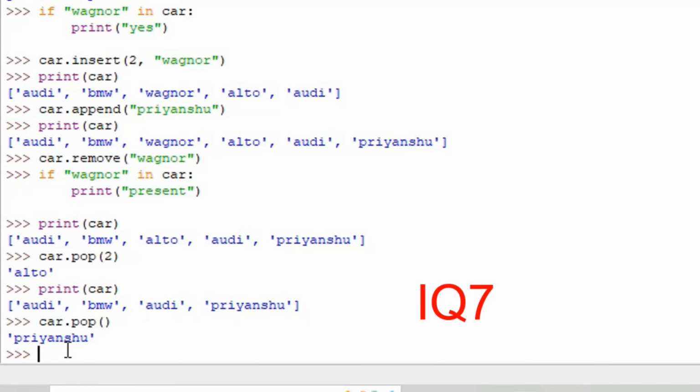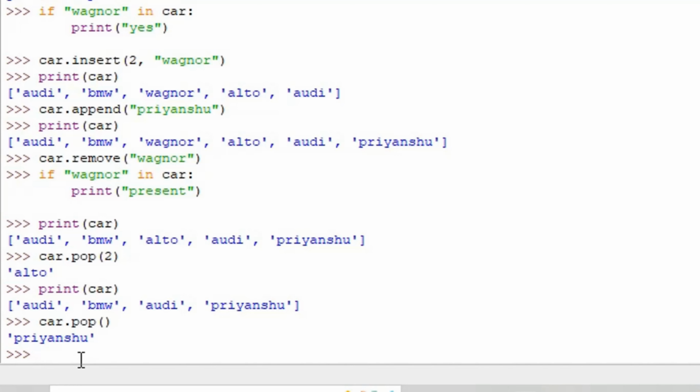यहाँ पे भी हम एक इंटरव्यू क्वेश्चन देख सकते हैं कि ऐसा पूछा जाता है कि what is the main difference between remove and the pop. So first of all, the first difference is inside remove we always need to mention the value which we want to remove from the list, but inside pop we need to mention the index, or we cannot mention it also. If we are going to mention the index, तो हमारी पर्टिकुलर इंडेक्स पे जो भी वैल्यू प्रेजेंट होगी, लाइक यहाँ पे सेकंड इंडेक्स पे ऑल्टो प्रेजेंट थी तो ऑल्टो यहाँ पे पॉप आउट हो गई. अगर हम यहाँ पे कुछ मेंशन नहीं करेंगे जैसा कि हमने इस लाइन में किया है, तो वो बाय डिफॉल्ट लास्ट एलिमेंट को पॉप आउट कर देगी. सो अब आपको डिफरेंस दोनों के बीच में पता चल गया होगा.